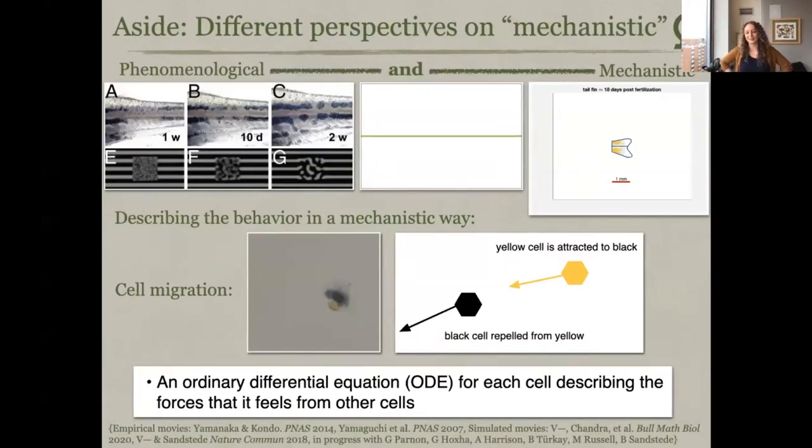So that is, I think that's probably a buzzword that means different things to different people also. I think mechanistic is meant to be not just describing what's going on, but what is the mechanism behind it that's driving it. So in that sense, yes, I'd say it's causal. In this particular example, by just saying the black cell moves away and the yellow cell follows it, I'm just describing what's going on, but I'm not saying what determined that, what caused the black cell to move away and the yellow cell to follow. Yeah, so I think causal is reasonable.